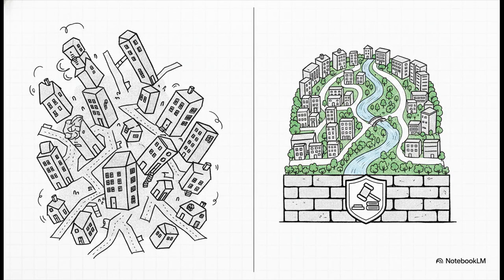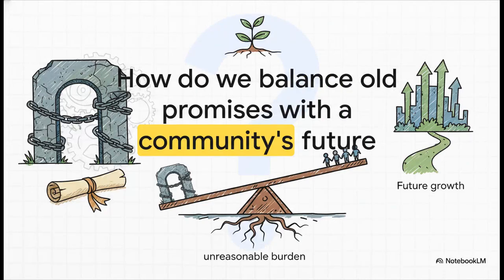At the end of the day, what servitudes provide is predictability and certainty. And that's what people and companies need before they're going to invest huge amounts of time and money into projects that are meant to last for generations. They are what turn a simple promise between two neighbors into a permanent feature of the land itself. But this all leads to a huge, critical question for our future. These agreements can and often do last forever, but our world, our technology, our communities, they are changing faster than ever. So, how do we balance these permanent promises from the past with our need to grow and adapt? That is the fascinating, ongoing challenge right at the heart of property law.